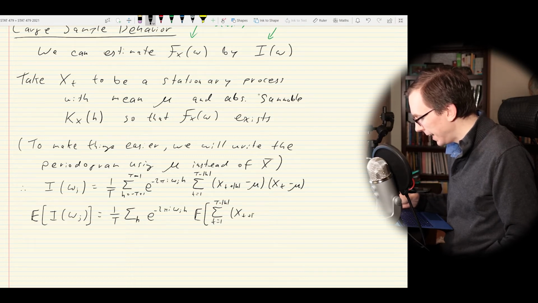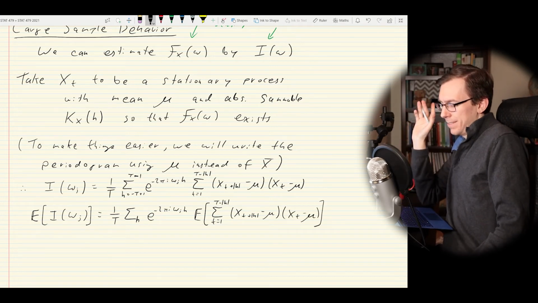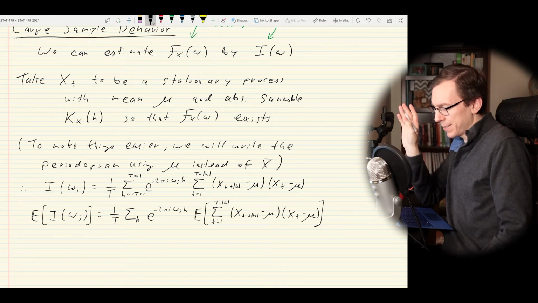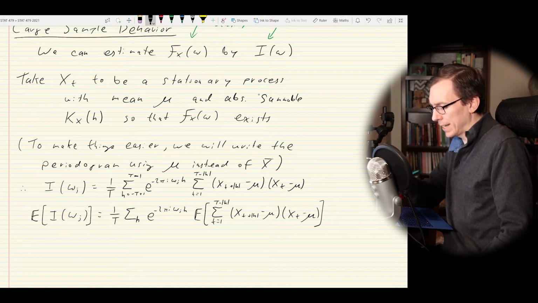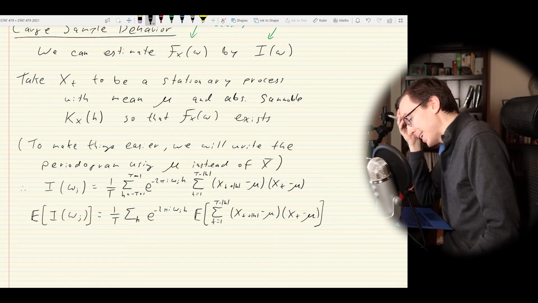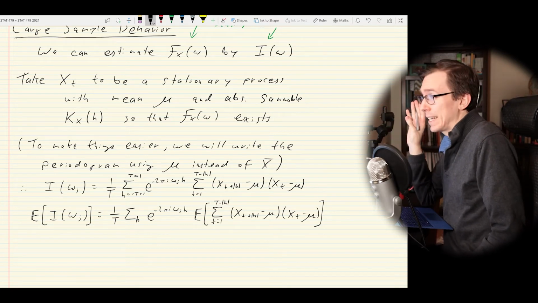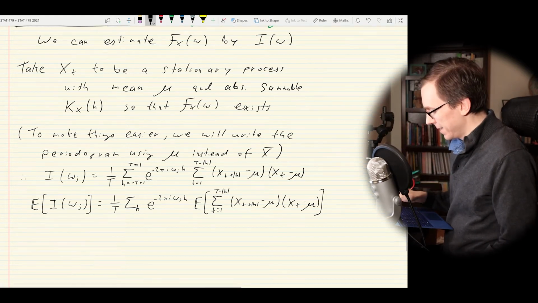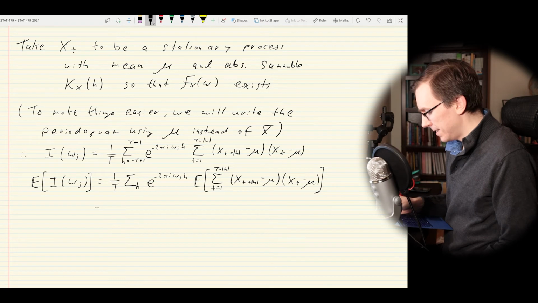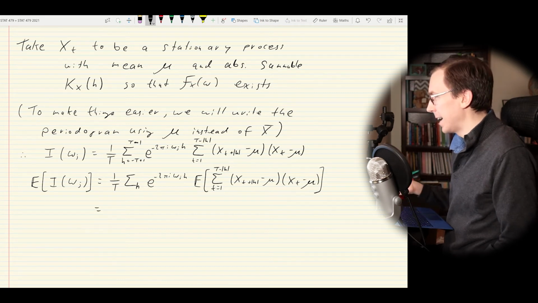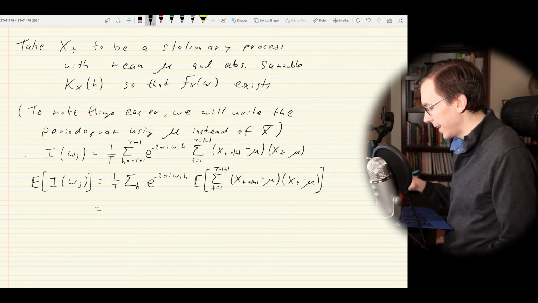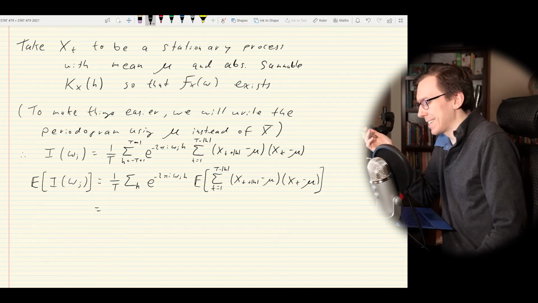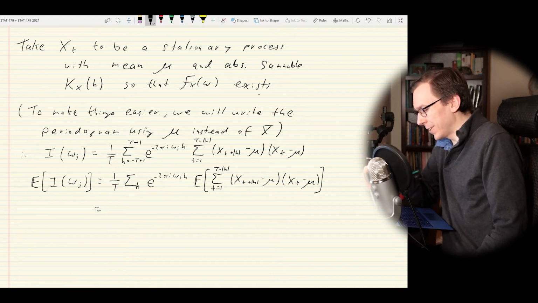T plus h minus mu, x t minus mu. All right. So again, expectation is linear. I can bring it in. This complex exponential is not a random variable, so it doesn't affect our expectation. When I take the expected value of this sum, what I end up with is t minus h times the autocovariance. I guess I am kind of taking the expected value of the inside, because the expected value of this thing,